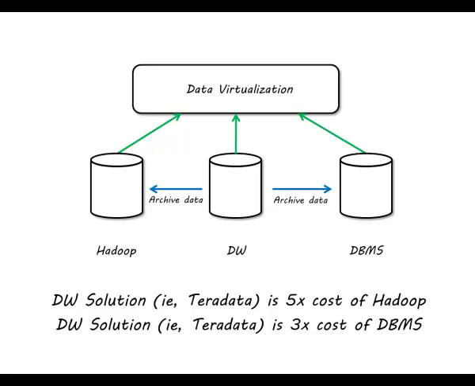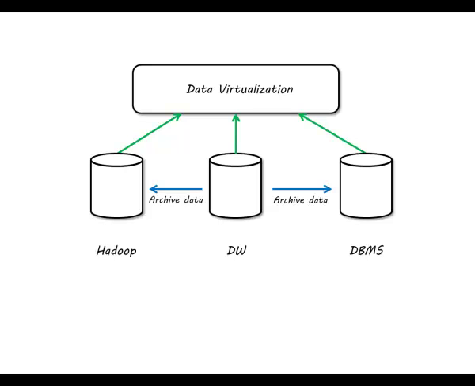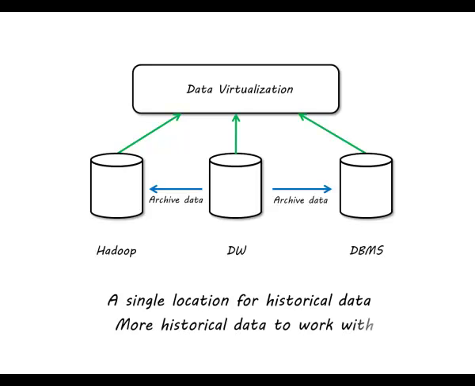You can put the more current data in a high-performance data warehousing appliance or solution like Teradata. Put some data into Hadoop, others in a traditional database. They're not as high-performing, but the advantage is they're useful to you, unlike putting things that will be deleted eventually. So you get a single location for historical data, and that is the data virtualization layer, where you have more